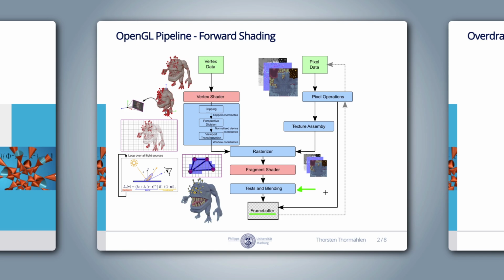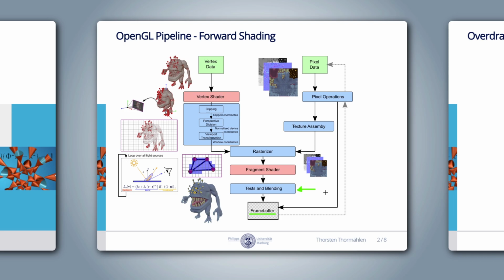In practice, this is not as bad as it sounds. The GPU can optimize the pipeline and can perform an early depth test. The GPU can check the depth value before executing the fragment shader, and the fragment shader is only evaluated if the depth test is passed. Of course, the GPU can only perform this optimization for opaque surfaces and when the depth value is not modified in the fragment shader.